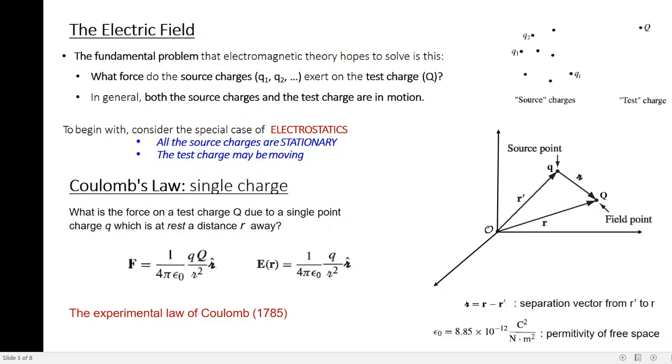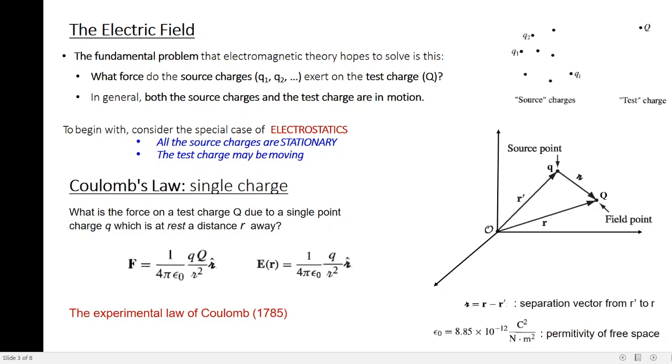So just like that, in electrostatics, you have a charge or a collection of charges, which you can call the source, and a region around that charge in which you can experience the force due to the source charges, that you call the field. Now, to measure the field, you need another charge, and you can call that the test charge. So from now onwards, small q refers to the source charge and capital Q refers to the test charge.